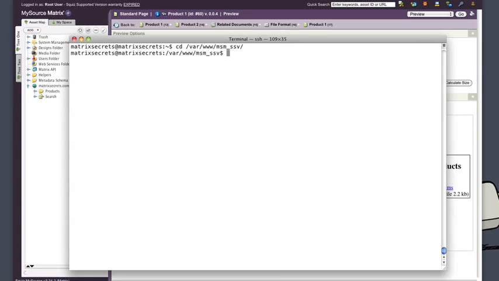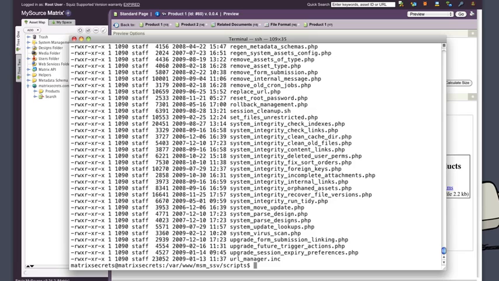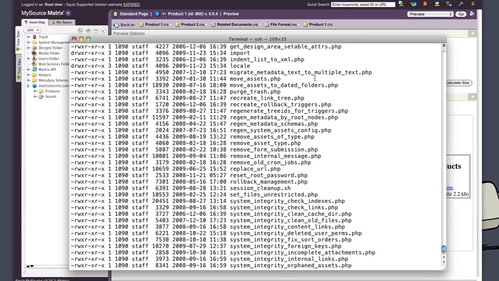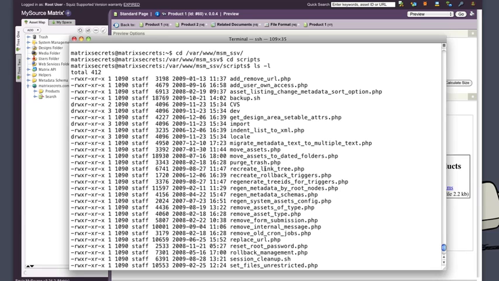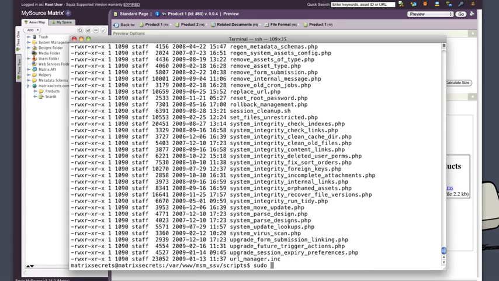Okay, and then the script that you use to empty the trash is under the scripts directory. So have a look there. There are a bunch of interesting scripts actually in there if you haven't taken a look. And the one we're interested in is the purge trash script, which is up here somewhere. There it is, purge trash. So if I edit that file,